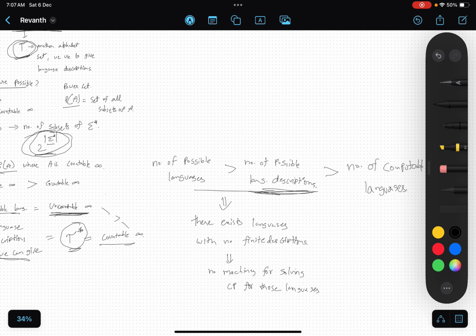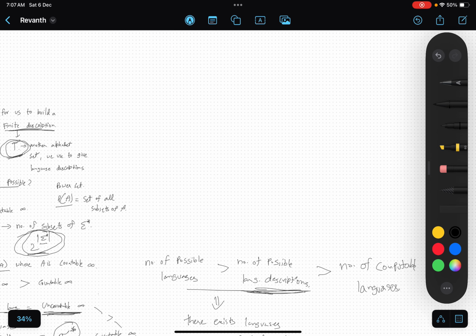Okay, so this is the optional part. The only takeaway you have to take from this is that languages are subsets of sigma star, and not all languages can have machines; there exist some languages with no machines.